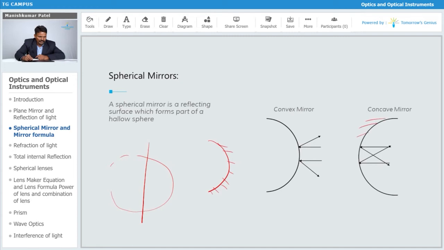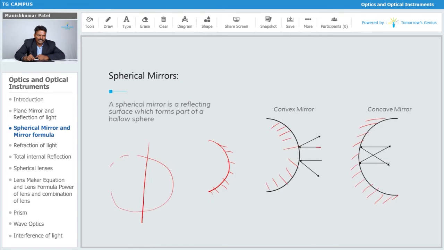In that case, if I make this one silver polished and the inner side is reflecting, then I will say that mirror is nothing but the concave mirror. So this is the mirror which is a part of your hollow glass sphere in which the inner side is reflecting and the outer side is silver polished. For the convex mirror, just do exactly the opposite. Now make the inner surface silver polished and the outer surface reflecting. It is the same thing which I have shown over here.